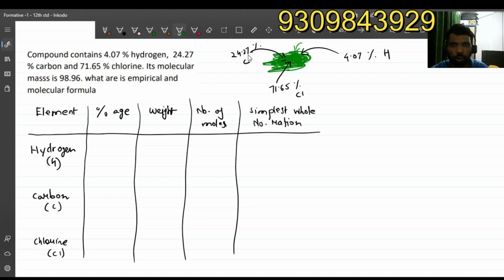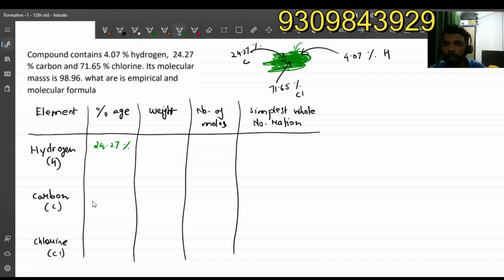But for you to calculate 24, let's say you are choosing it to be 300, you will have to write 24.27% of the 300. The calculations become more and more tough, right? So what we do is we choose a total weight of the compound to be 100, and that's why I'll write the percentages. Percentages, what is given is